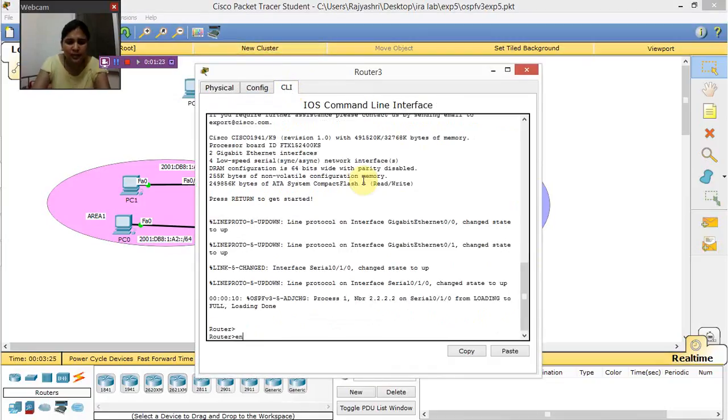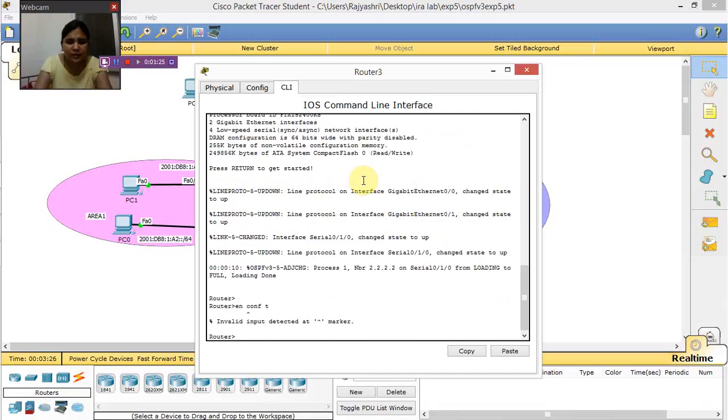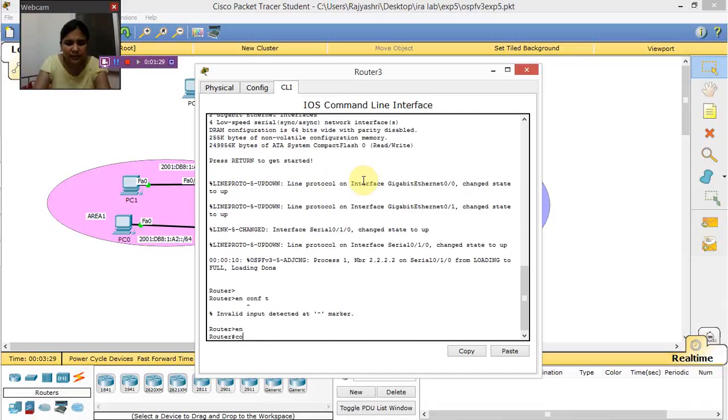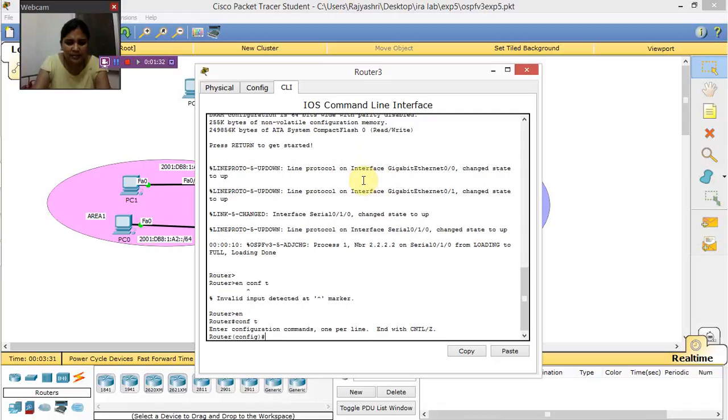mode, enable, conf t. Sorry. I'll give enable and then conf t, and then ipv6 unicast-routing. After this I can give the IP address. As we know, we need to give IPv6 unicast routing for any IPv6 address to be given, and after this